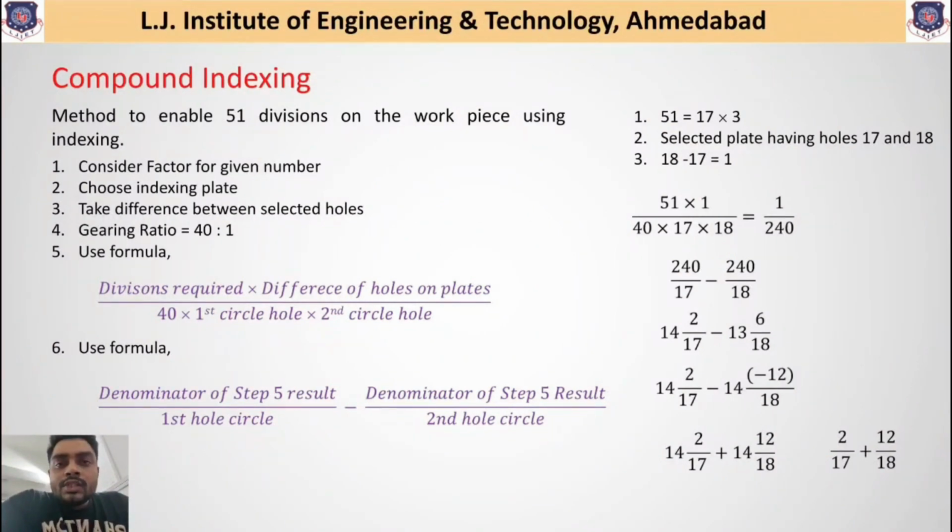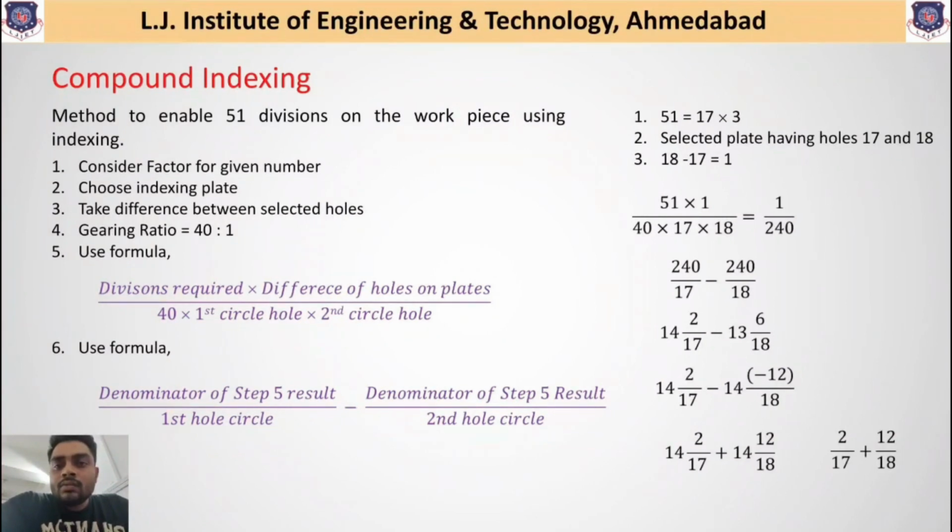Second, move the crankpin over the 18 holes circle on this indexing plate, then rotate that crankpin by 12 holes on the 18 holes circular indexing plate and in a similar, that is the clockwise direction,